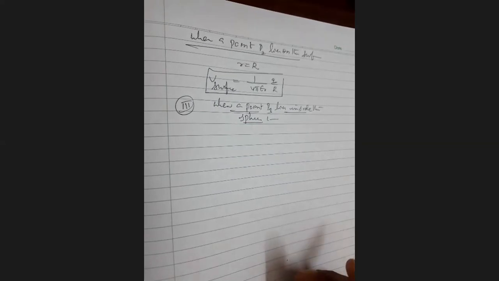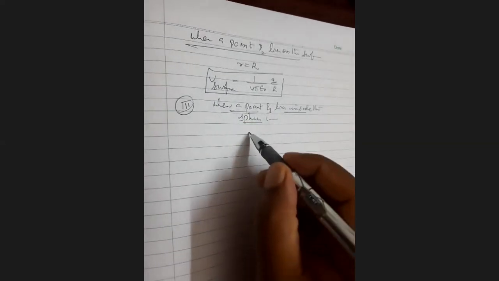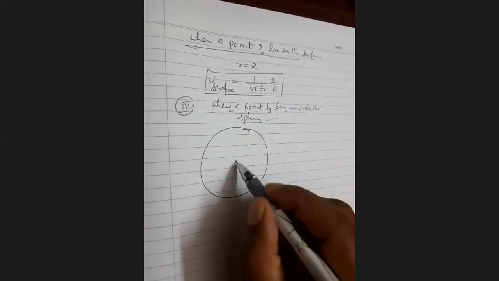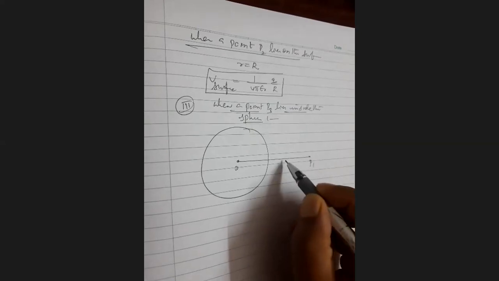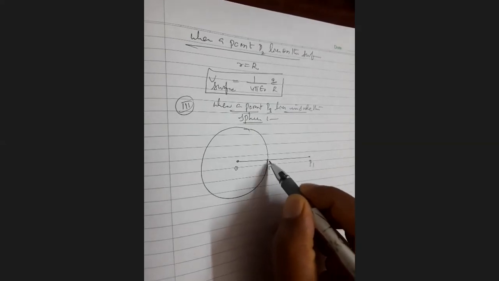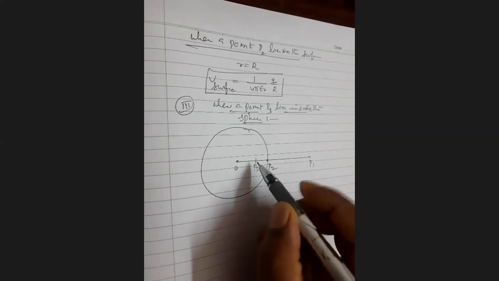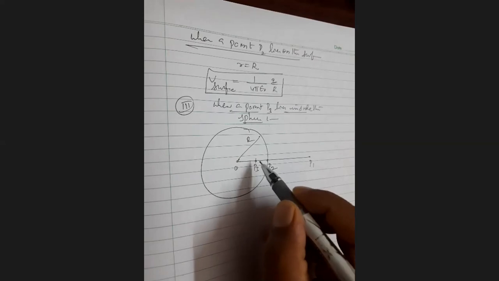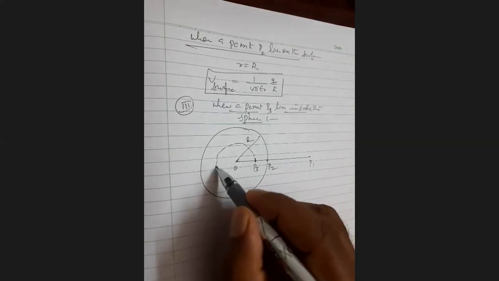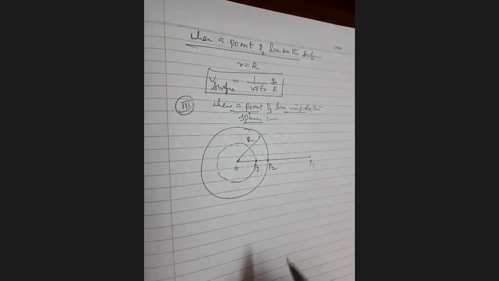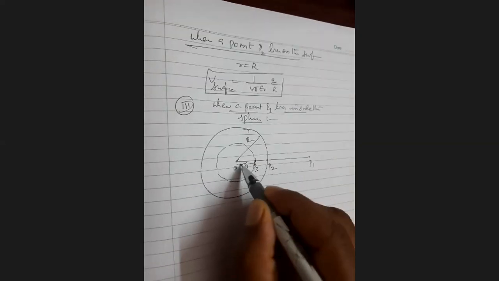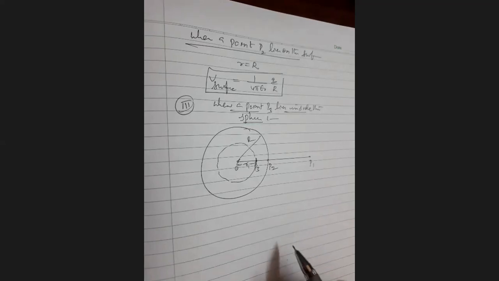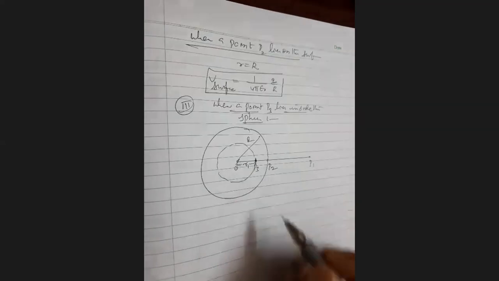For that, in the previous figure, we constructed a Gaussian surface. So again, I am drawing. O is the center. Here, this is the outside point. This point P2 is on the surface. P3 is inside the surface. To calculate the electrostatic field strength or potential, you construct the Gaussian surface like this. Here, P3 is on this Gaussian surface. OP3 equal to say R1. Now, first I am writing the electric field strength at this point.